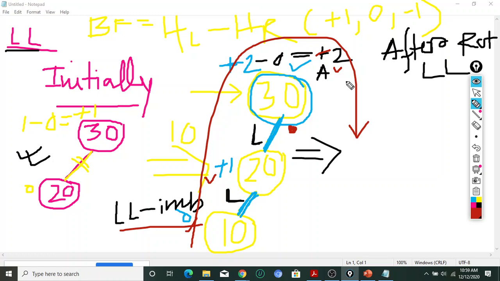Right. So I told you last day, many times, the definition of AVL tree: the height of the left subtree and right subtree can differ by a maximum of 1. If it is any other value, the tree is imbalanced. And what is the purpose of AVL tree? We are going to reduce the height of a tree, or make the tree a height-balanced tree. There are actually two kinds of height-balanced tree. One of them, which we are discussing right now, is called AVL tree.